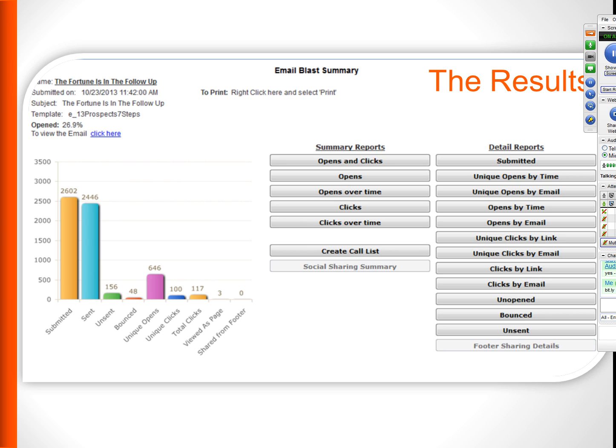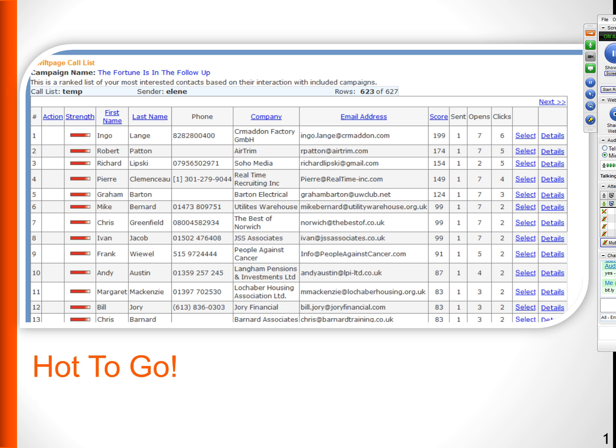and it depends which segments you're sending your e-shots to. But you can see I've got my bounces, I can see my unique opens, my unique clicks, my total clicks, etc. So it's all there in these results. And these are stored on the Swiftpage servers for 2 months. In a little while, I'll be able to show you how you can pull them into your database.